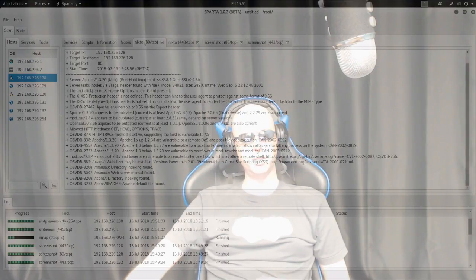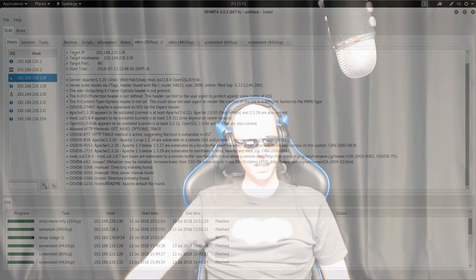And if we start to look in our Nikto report here, we'll probably find quite a few things that are very interesting, and we have to go line by line through this and say, okay, Apache 1.3.2, okay, mod_ssl 2.8.4, OpenSSL 0.9.6b. Every single thing with the versions that we're looking at is super important, because